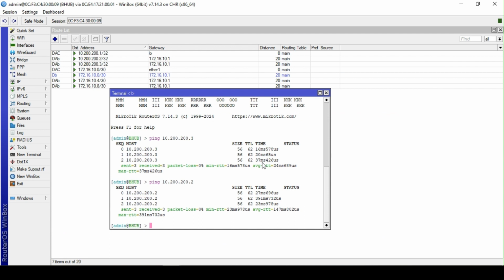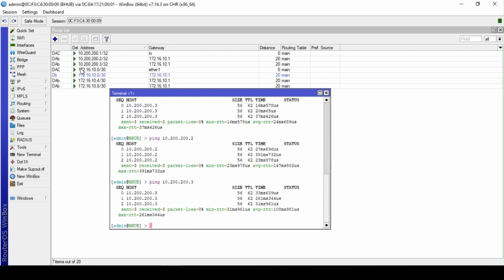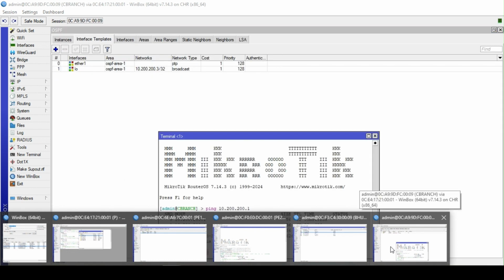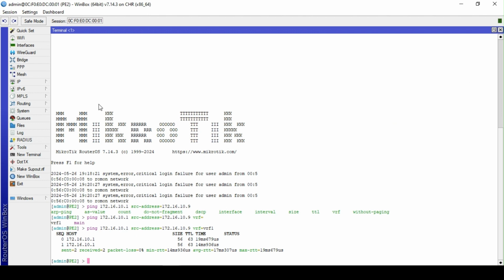All right. Welcome back. So earlier on, I had a brief interruption. However, I was not able to reach from the hub 10.200.3, though it was showing in the route here. So the only thing I came to do earlier on was at the P2 routing